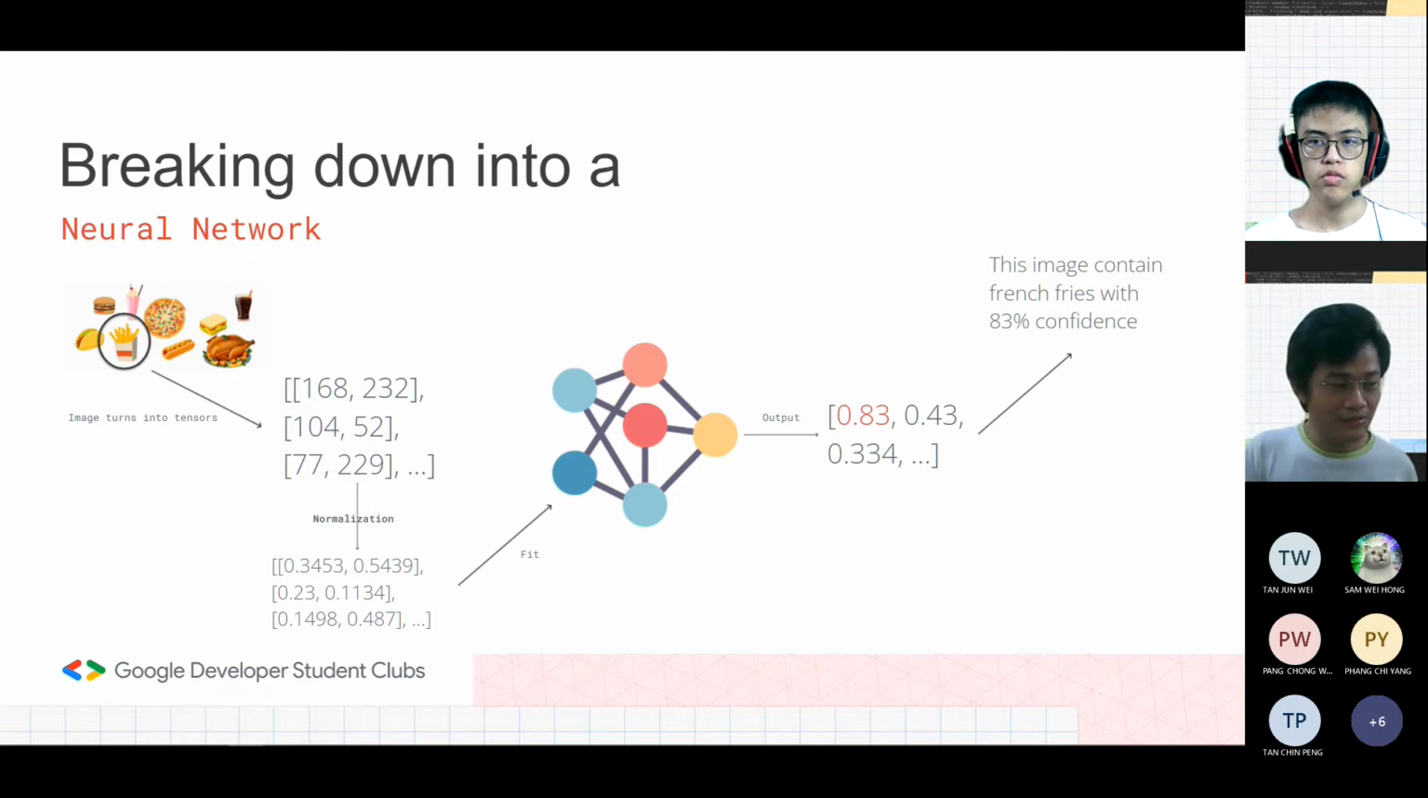By the way, RGB stands for red, green, and blue. So let's say the value of red is very high, and the value of green and blue is low. So that means that pixel is very red. The color is very red. So you represent it in that form, and then